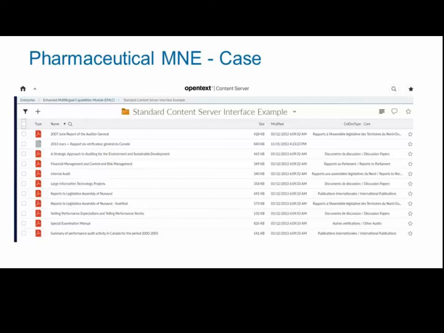So that's nice. However, it doesn't extend out to the full product. And one of the big areas that we saw as a gap is attributes. A lot of companies obviously use additional metadata to help their users find content in the system and otherwise tag it. So one of the implications of not having multilingual metadata out of the box is that